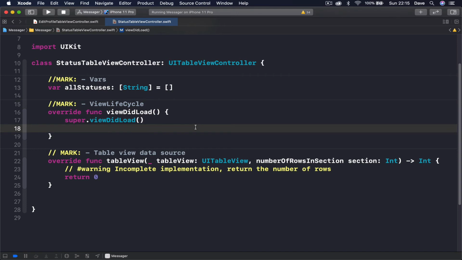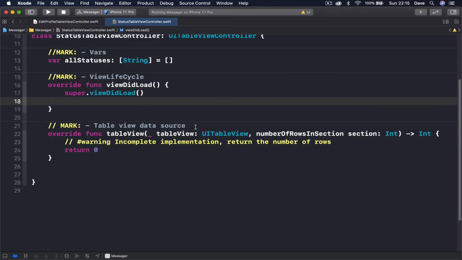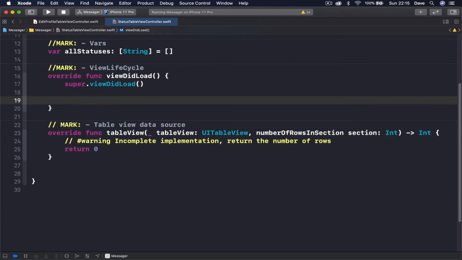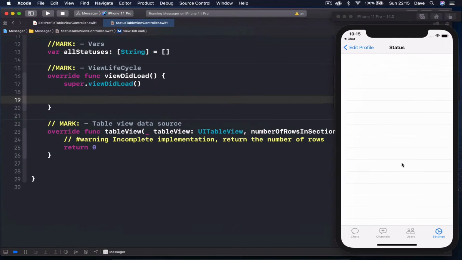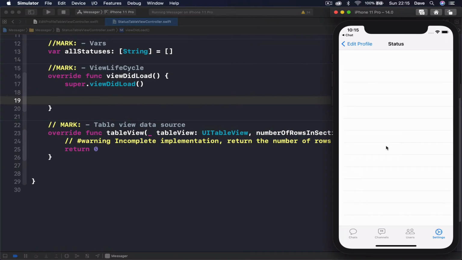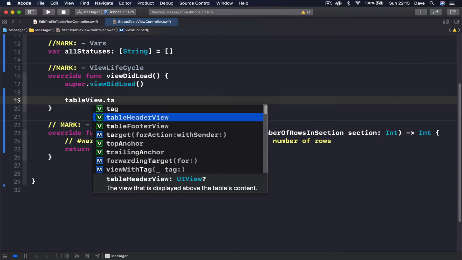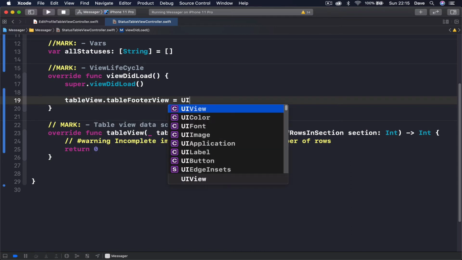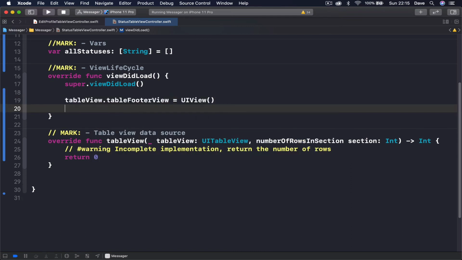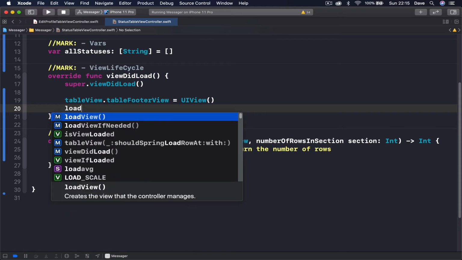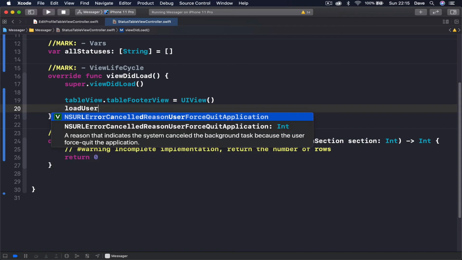All right, so once our view loads, what we want to do is, first of all, you see we have all these empty cells when we have nothing. So let's get rid of this. I will say tableView.tableFooterView is equals to UIView, and this will get rid of empty cells. Then we want to load user status,